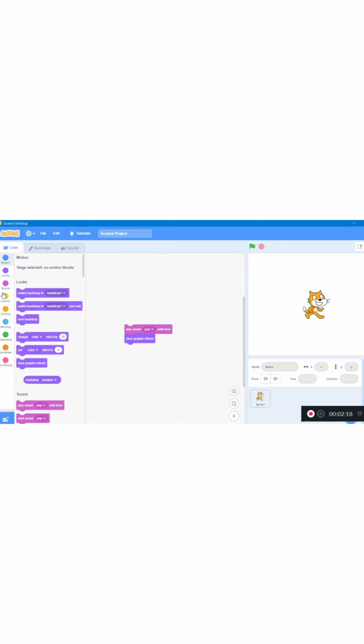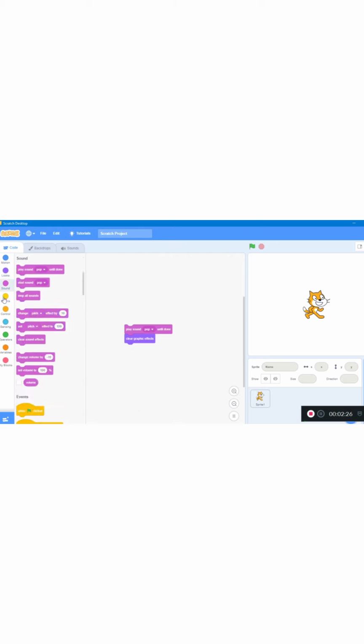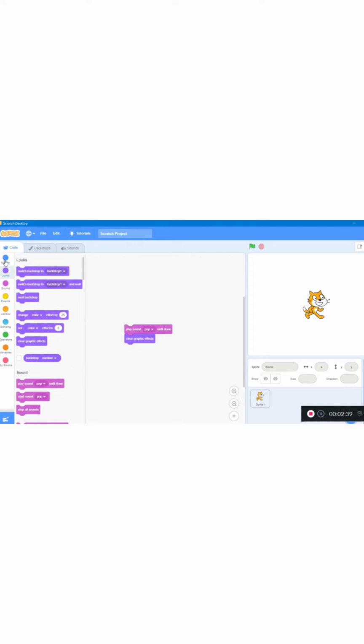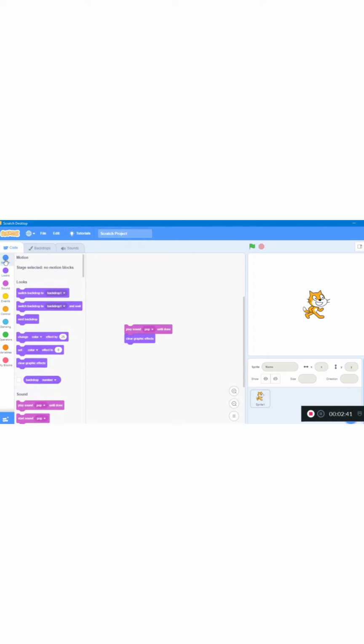These blocks contain different commands, different actions, or we can say different coding, which help us to make our project. Under these blocks it contains more blocks.